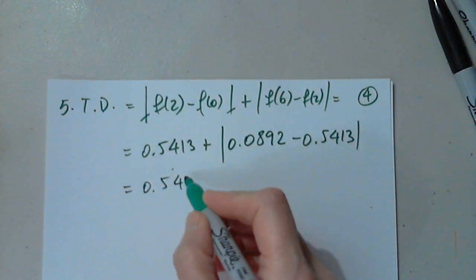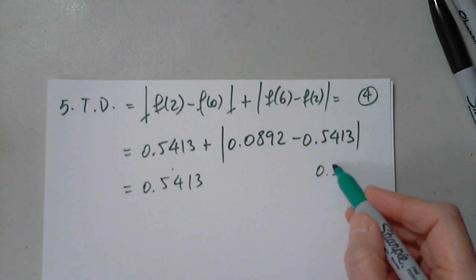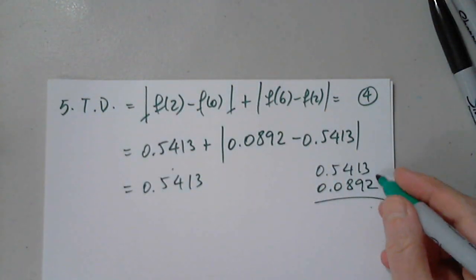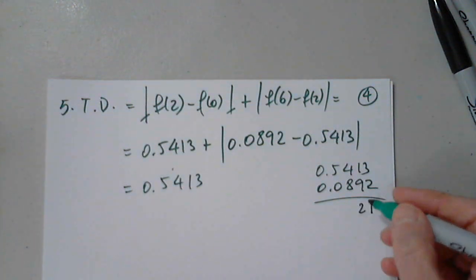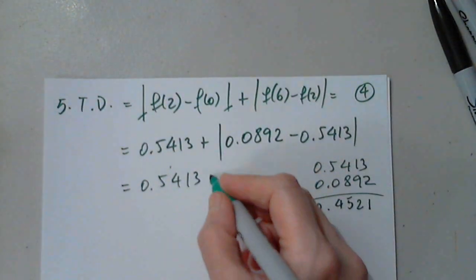Okay, so 0.5413. And let's see what we have here, 5413.0892. I think I have here 1 and 2 and 5 and 4. Correct me if this is not correct. So